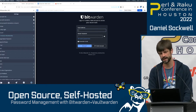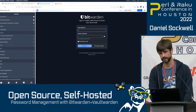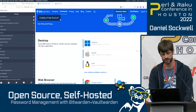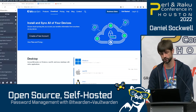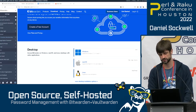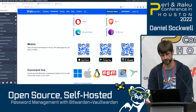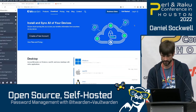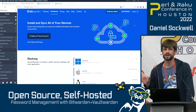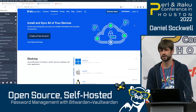It's basically a LastPass, 1Password, that sort of service, but it is, like I said, open source and is easy to self-host. There are two components to it. One is Bitwarden, which is the main project, which is itself open source, and they have a server side and then desktop clients for Windows, Mac, Linux, access through web browser, and mobile for Android, including F-Droid and iPhone. And that you can self-host entirely on your own infrastructure, but it is not super ideal for that because